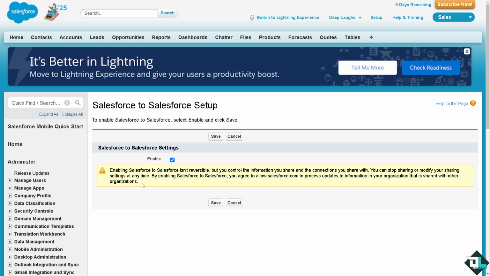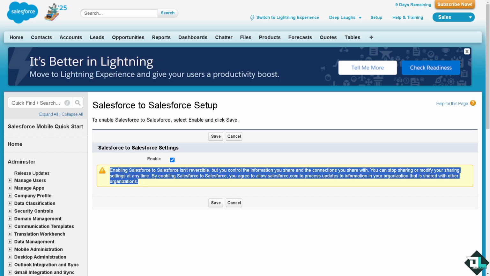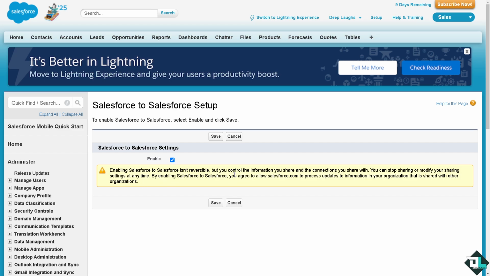Again, I highly suggest you read and understand the pop-up notification message here. All right. As you can see, enabling the Salesforce to Salesforce isn't reversible, but you can control the information you share, then the connections you share with. You can stop sharing or modify your sharing settings at any time by enabling Salesforce to Salesforce. And of course, you agree to allow Salesforce.com to process updates to information in your organization that is shared with other organizations. Click Save,